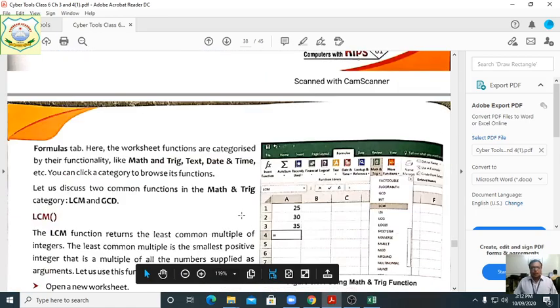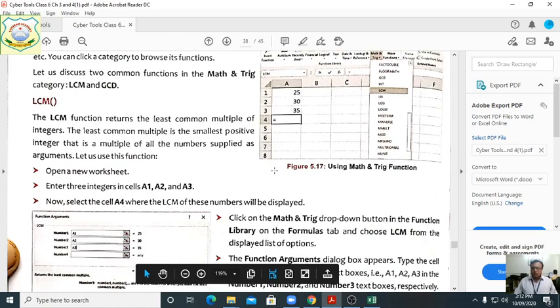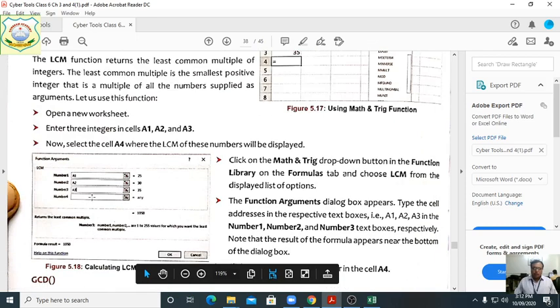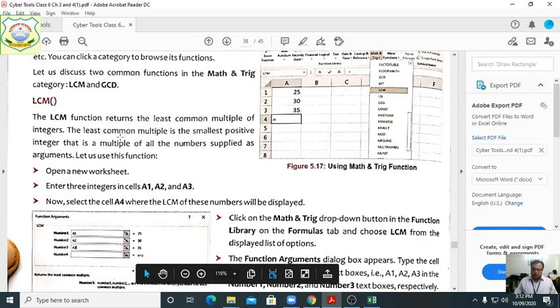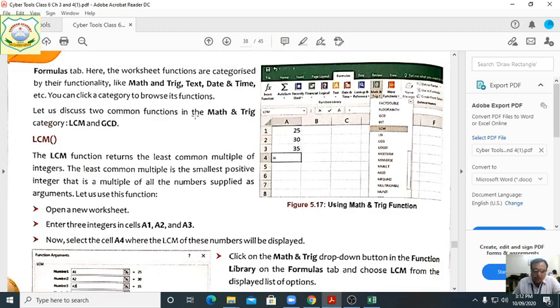Now the function library, students. What is the use of the function library? Here we also discuss the LCM and GCD, that is the greatest common divisor, and the lowest common multiple. You can see here this is given under math and trig.